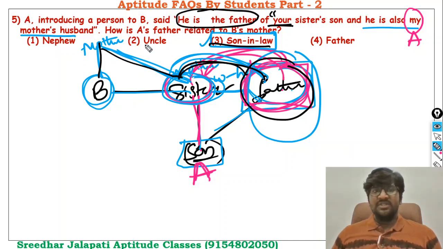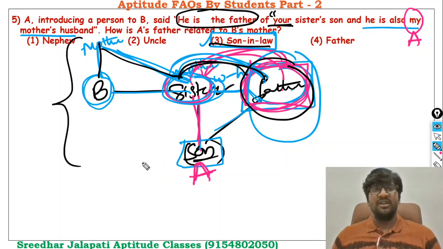Yeah. So obviously these questions are a little confusing. That is the speciality about blood relations. If anybody can understand easily, why would these questions be asked in the exam? So whoever is finding it difficult, rewind the video, listen to the explanation again, you will get it. Okay. Thank you so much.